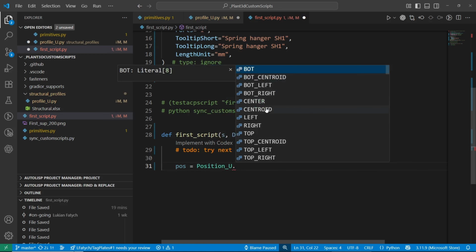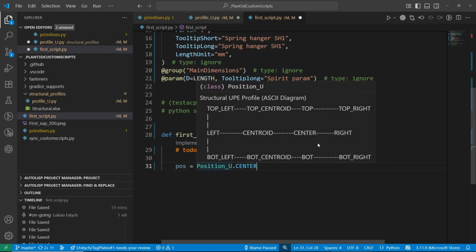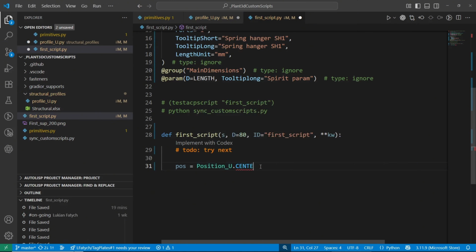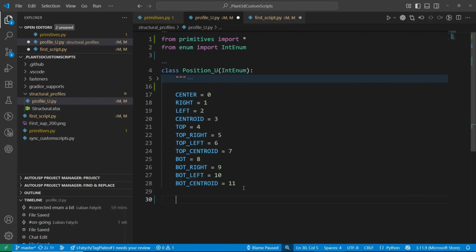So first of all, there is a drop down menu, from which I could select any position I want, and also here you can see this ASCII, so I can easily understand which position exactly I need. Okay, so this is how we are going to use this. So then we